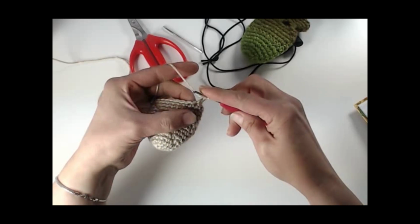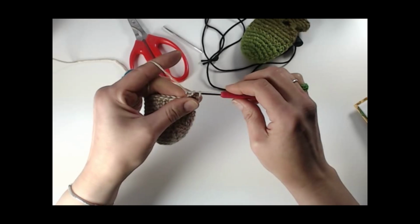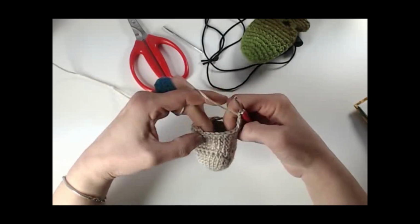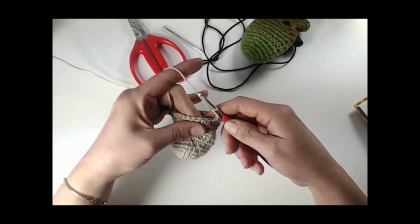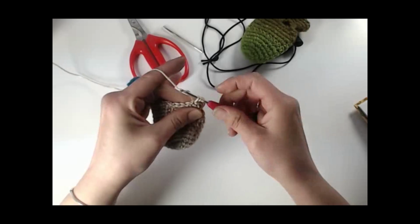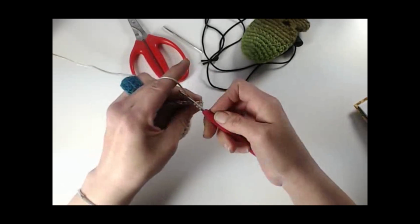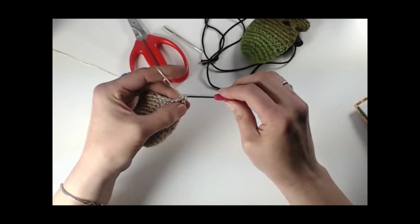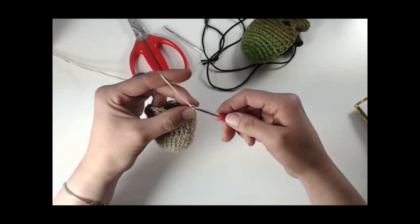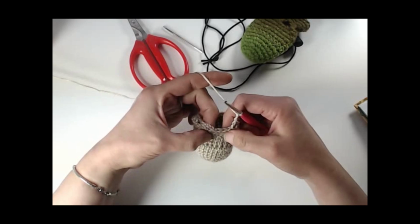Double crochet into the next stitch. Chain 2. Okay, skip 2 stitches, double crochet into the 3rd. Double crochet into the next stitch. Okay, so you see we're coming up onto that next one, so we're going to chain 2. Okay, now instead of skipping 2 and double crocheting into the 3rd stitch, we're going to come all the way